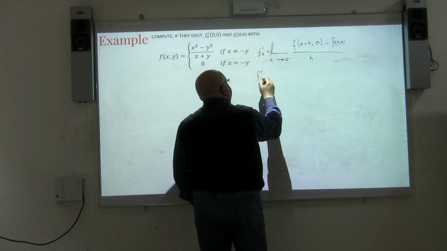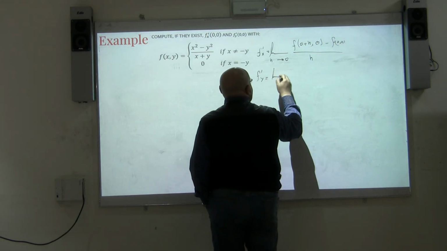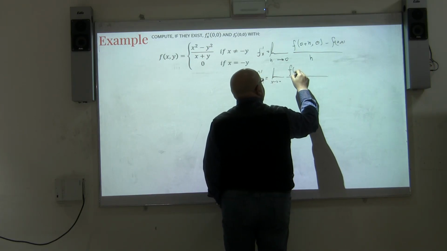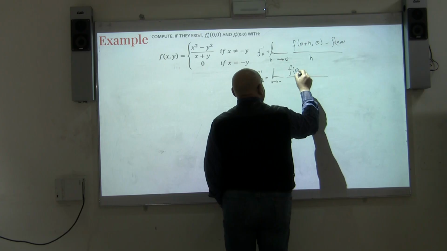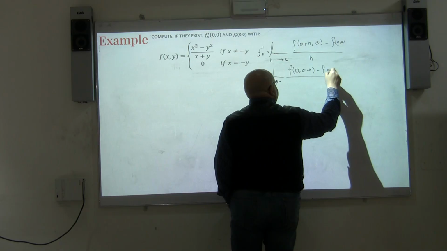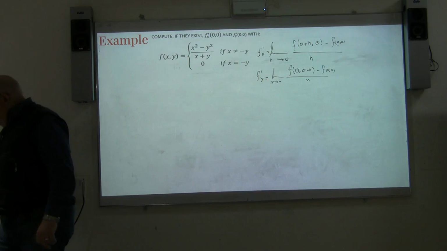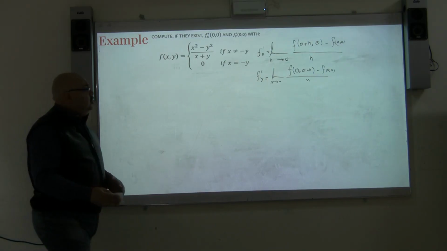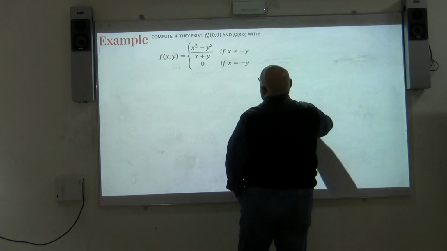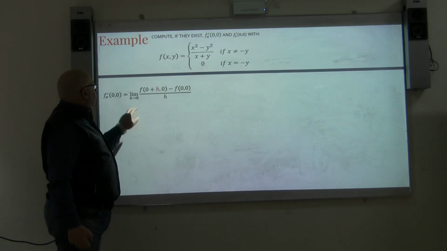But if I want to get f with respect to y, the derivative with respect to y, can you tell me, Omar? It's going to be the limit as h tends to 0 of this function. The x will remain the same, but I will add h in the y direction, minus f of 0 and 0, divided by h. Those are the two main laws in order to get the derivative either in the x direction or in the y direction, as you will see. So once more, this is going to be f